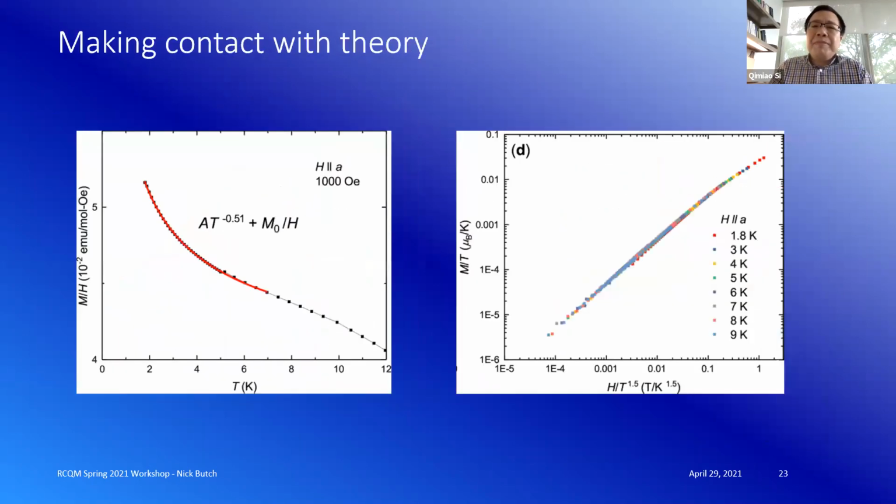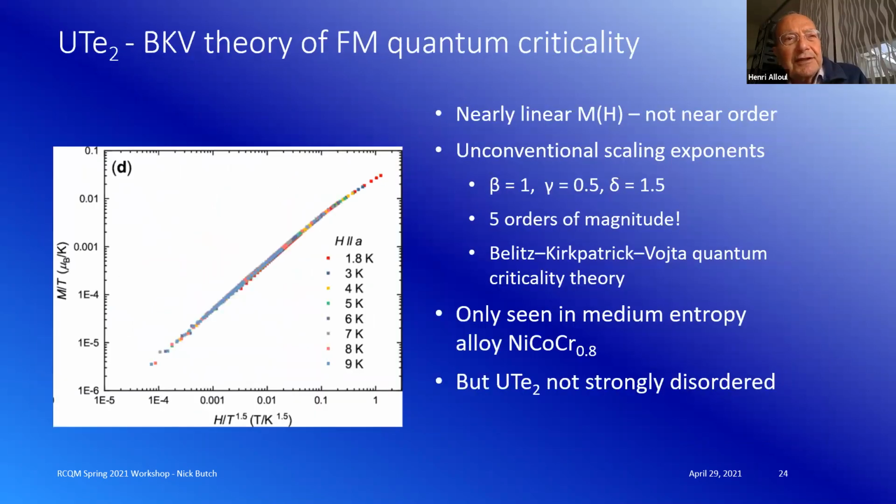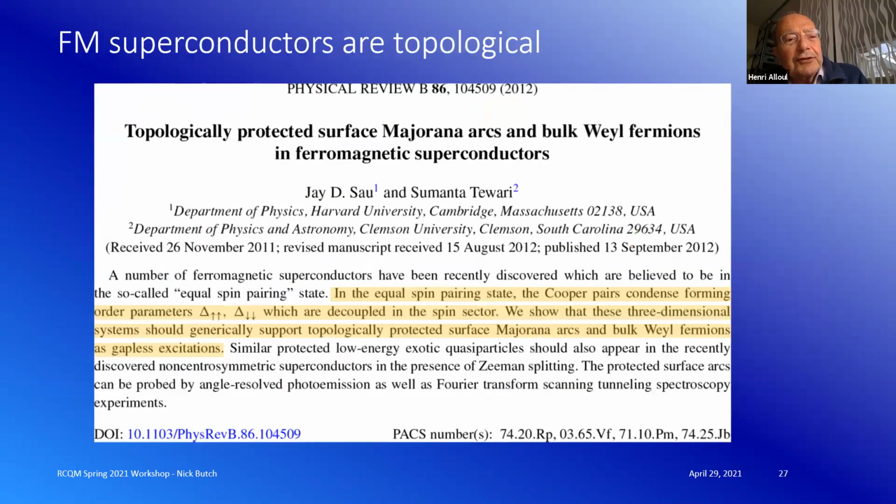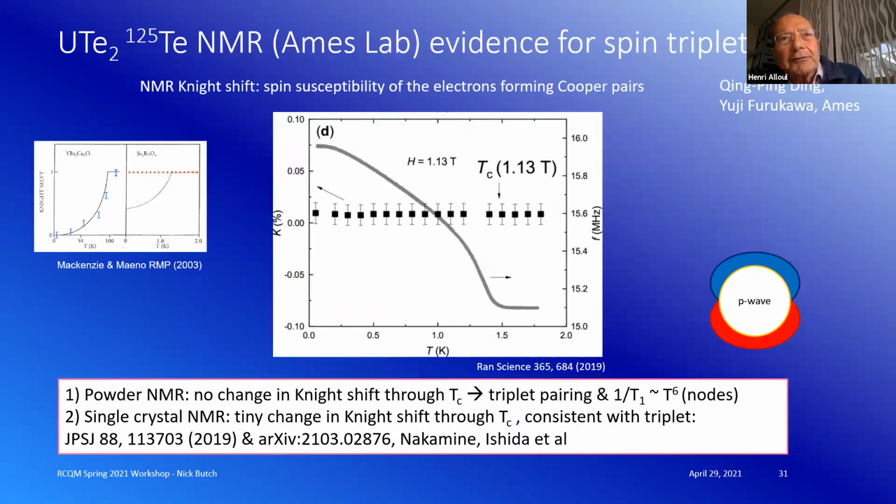B and C, but the problem is always the reduction of the shift. You have to know whether you have an orbital contribution to the shift when you go to T equals 0. So it's always difficult to be sure, unless in a case like the A direction, in which you have a large spin susceptibility, you have a reference, because you can get the hyperfine coupling by scaling the shift in the normal state with the temperature dependence. But if not, I don't know how you would do it.